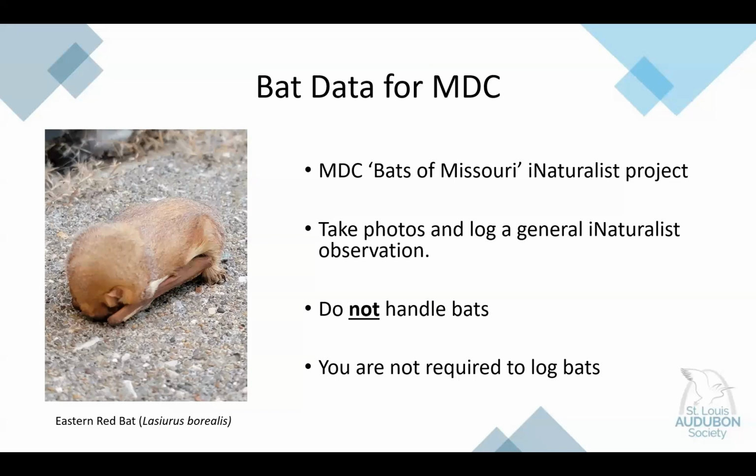So it's really as simple as taking a couple pictures, adding an observation, and you're done. In my personal experience, I've encountered more bats during my fall surveys, especially on mornings where there's been a big dip from the daytime temperature into a pretty substantial low. You'll see a lot of kind of groggy bats hanging on the buildings around some of the route on